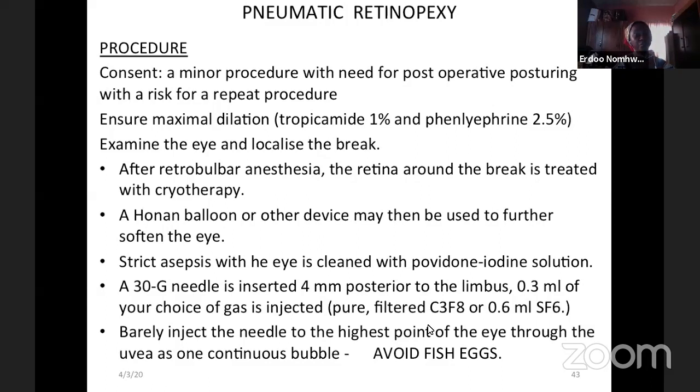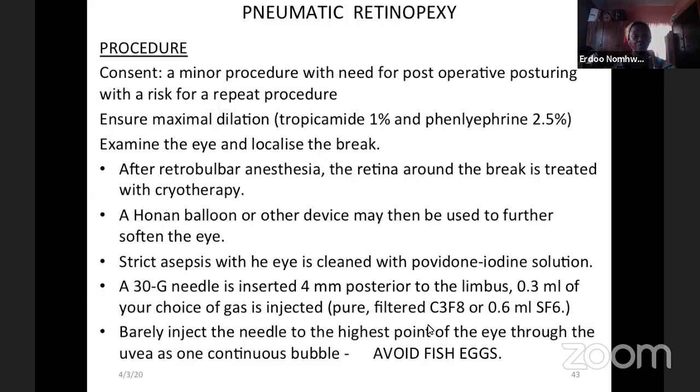Then to describe the pneumatic retinopexy, you take your consent for the patient, you explain to them it's a minor procedure. Some people do it as outpatient, but then they may need to understand that they have to have good posturing, and there may be a need for a repeat procedure. You dilate the eye maximally, you examine the eye. Even if it has been done in the clinic, you need to examine again in the theater to be sure